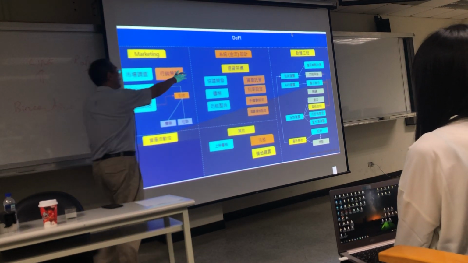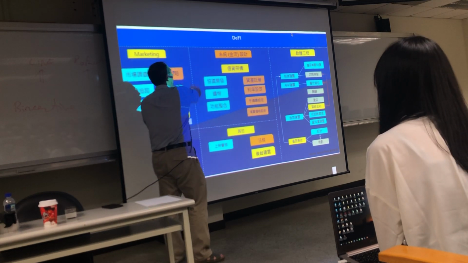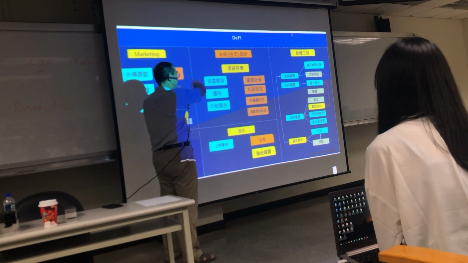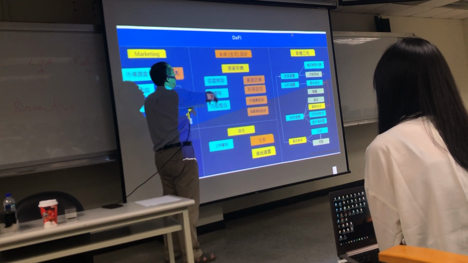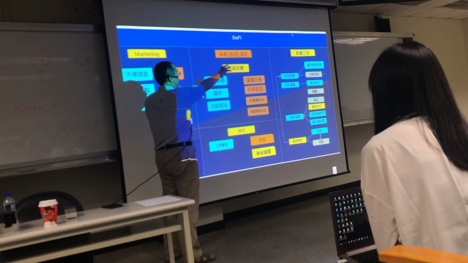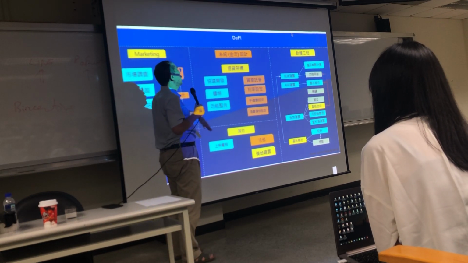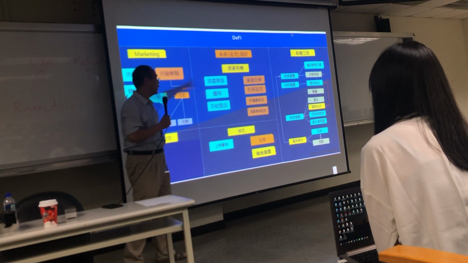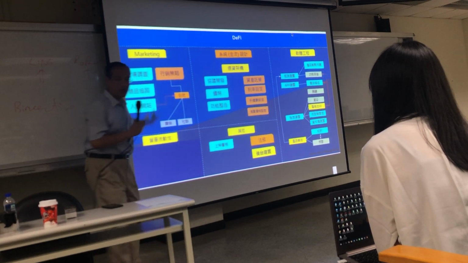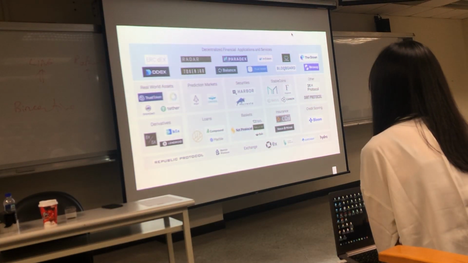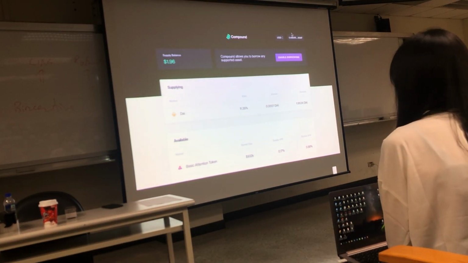This is the next homework. Some people can do the software engineering. This is for Okiwara-san, for non-computer science people, for people in management school, and they can do the ecosystem design, and some people do the marketing. All these slides are on our course website, so you can freely look at them and download them. So for Compound,